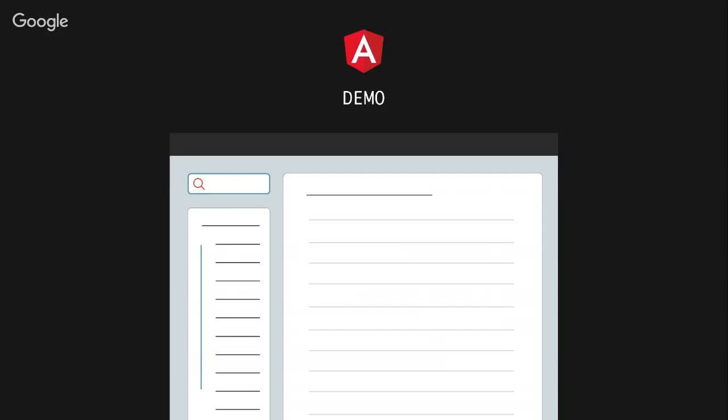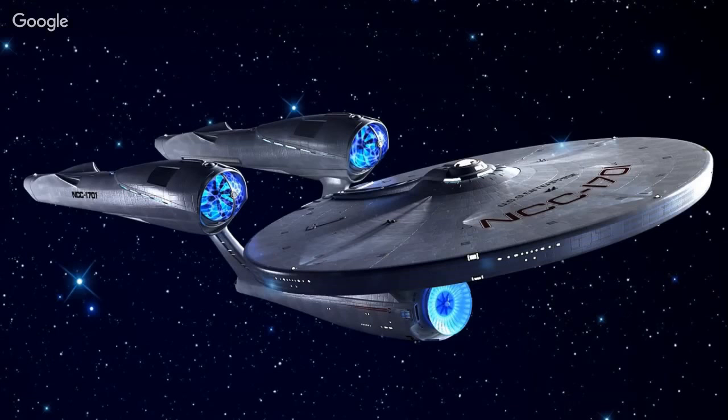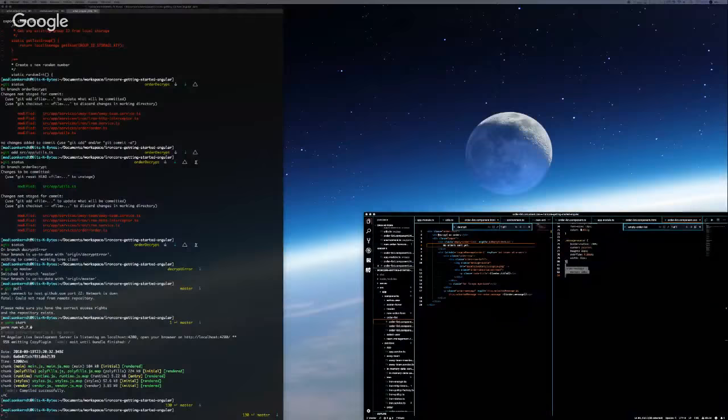Okay, I'm going to jump into a demo because I had great feedback last time that we needed to do demos, so I will do one. Let me first set the stage for you. So who here is a little bit nerdy and likes Star Trek? Come on. Who likes Star Trek? Okay, cool. So I have a nerdy Star Trek application that's going to show you how some of these core functionalities are implemented, and we'll walk through a little bit later in the app, and I'll show you how it works under the hood. But first,